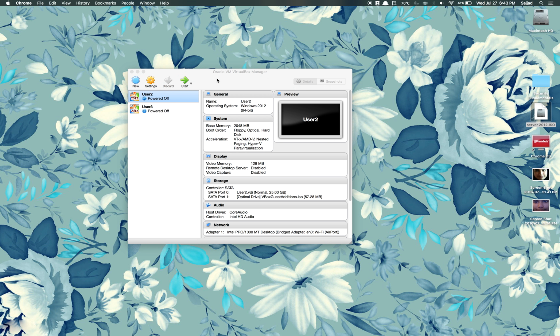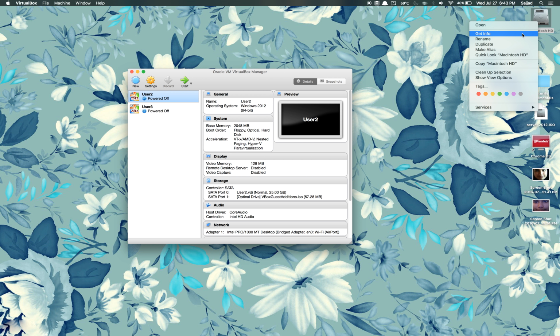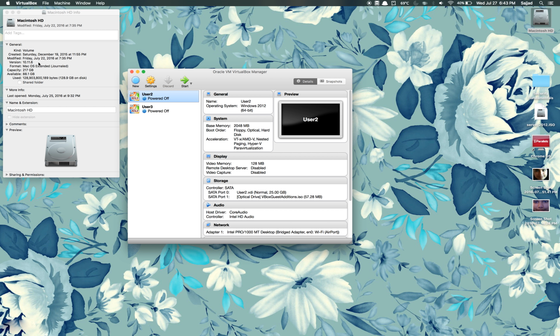And again, I'm going to let you know before I do anything else. Server 2012 does require a 64-bit processor, which I have. My Mac is a MacBook Pro, 64-bit of course. It does require 2 gigs of RAM at minimum, and I'm telling you right now, 2 gigs is plenty. You know, it won't be fast, but it's more than enough to do what you need to do. And I'm going to need at least 25 gigs of hard drive space. Now, right now, I've got 88 gigs available, so I'm